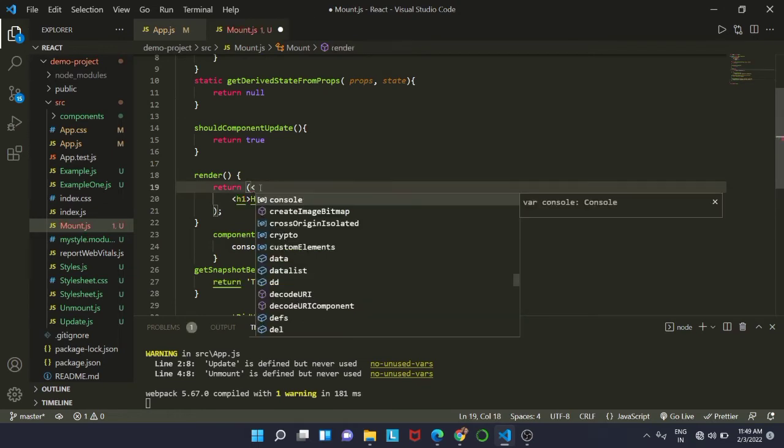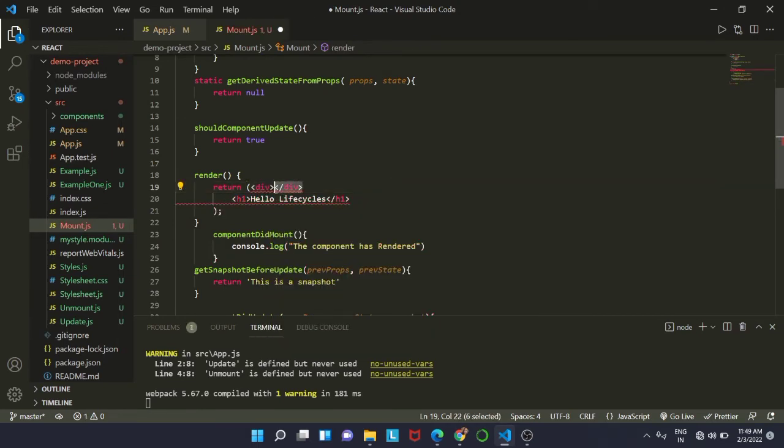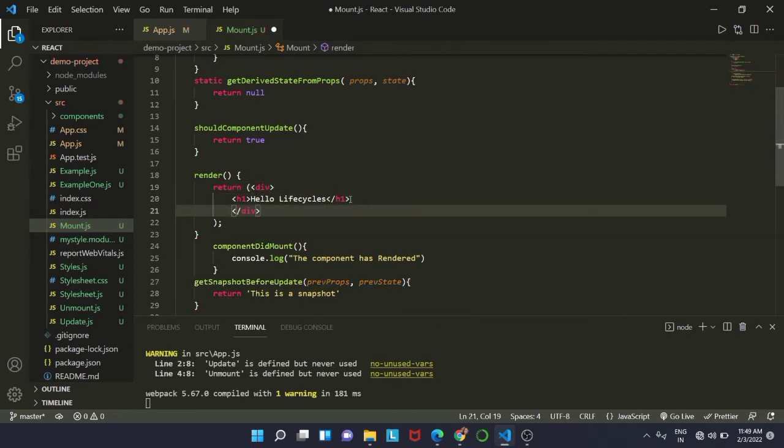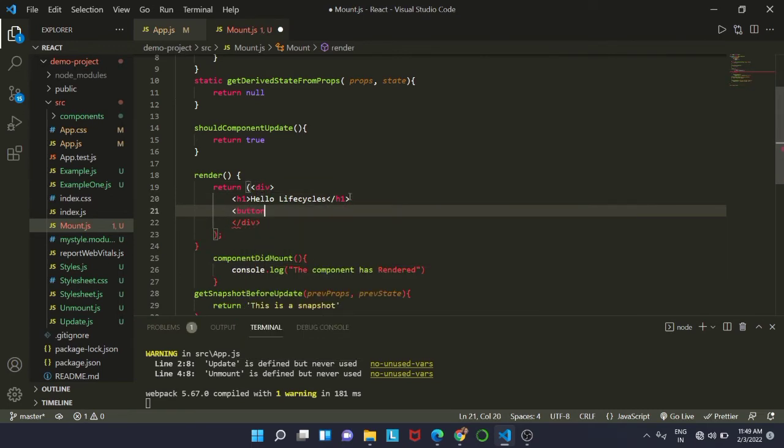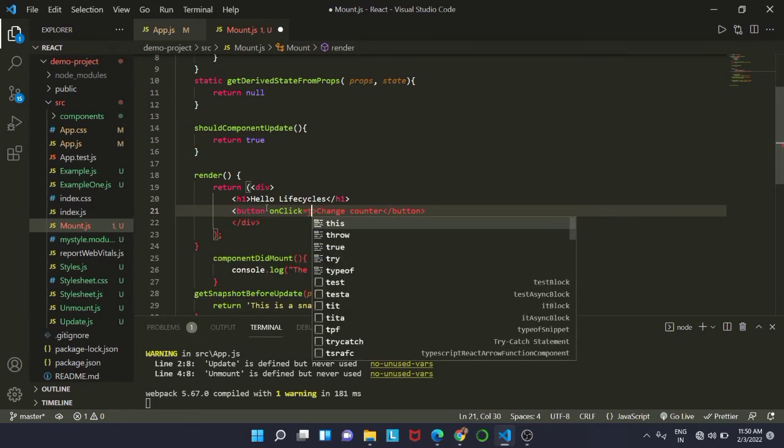Now we are going to create a button which will initialize the change in our component, and we will see the updation process. When the component receives prop changes, or when the internal state changes, the component enters the updating phase. shouldComponentUpdate determines whether the methods in the sequence are executed or not, whether it should be rendered again or not. So now we are going to add our onClick inside our button, and we will create a